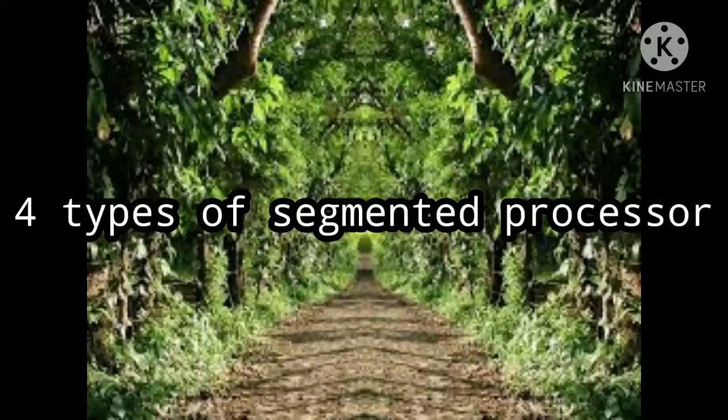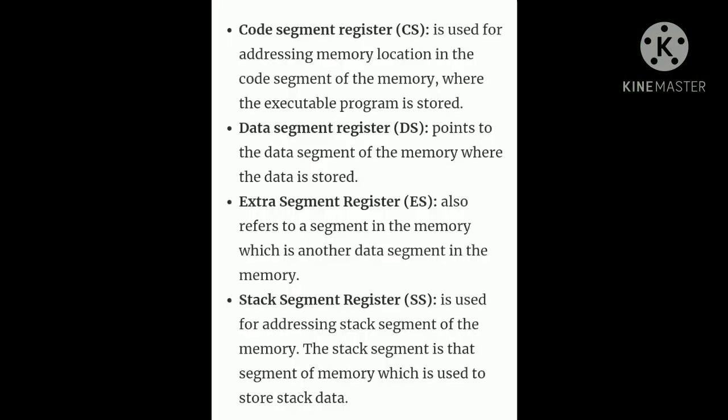Four types of segmented processor. Code Segment Register, or CS, is used for addressing memory location in the code segment of the memory where the executable program is stored. Second, Data Segment Register, or DS, points to the data segment of the memory where the data is stored. Third, Extra Segment Register, or ES, also refers to a segment in the memory which is another